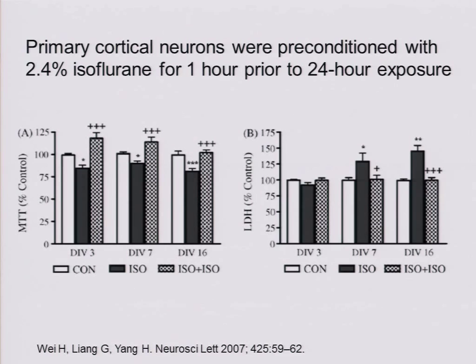And what they found was, if you look at the left side is MTT, they looked at the ability of the cells to reduce MTT, which is an indication of survival, and a reduction in MTT reduction is indicative of impaired cellular function and a marker of cell death. In the dark gray bars, the cells that were exposed to isoflurane by themselves had reduced MTT-reducing ability, indicating that they were dying after the isoflurane exposure. And you see the hatched bars, cells that were exposed or preconditioned with 2.4% isoflurane had increased ability to reduce